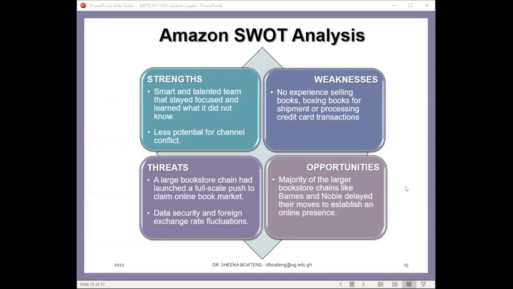Another major threat that they saw was in terms of data security. Back then, they did not have all the policies and draft policies that we have now regarding consumer privacy and security online. So they faced the threat of how they were going to handle all this personal information that consumers were going to be handing out online, including their names, their addresses, and their credit and debit card information.